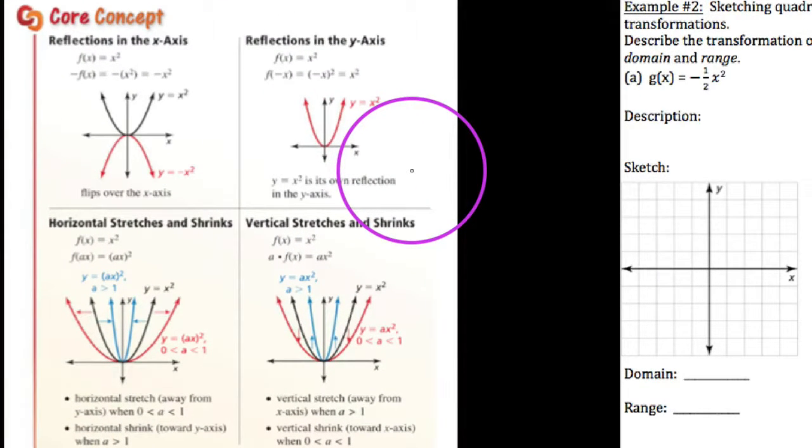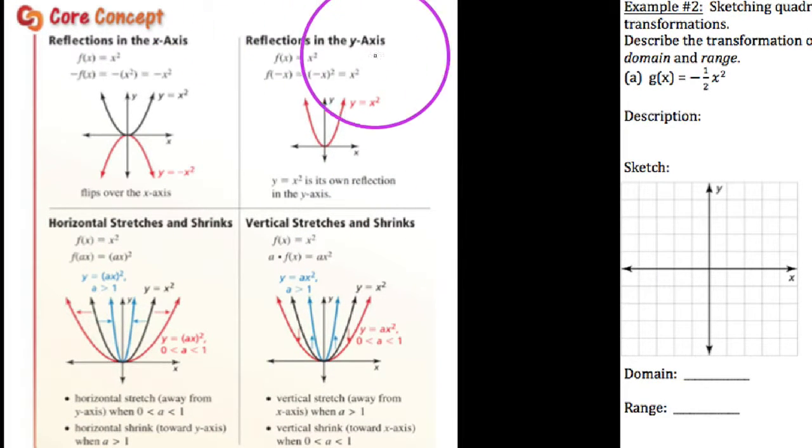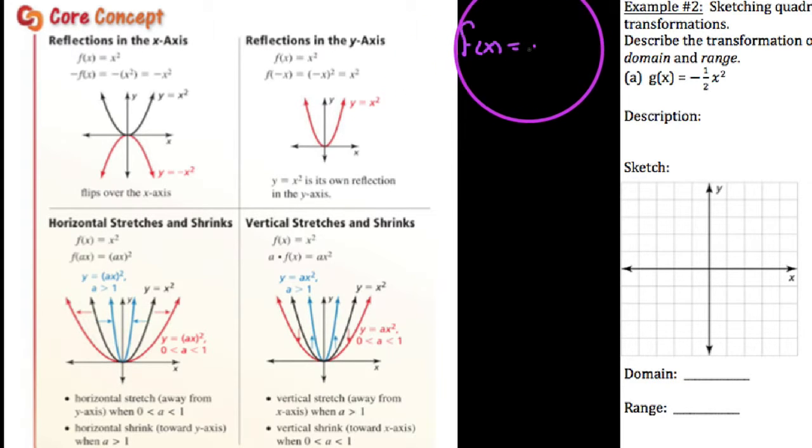Okay, YouTube, this is my second video on the transformation of quadratic functions, in which we're going to continue our exploration of quadratic functions that happen to be written in this form: a times the quantity x minus h squared plus k. And what we're going to focus on in this video are not so much translations, which, as